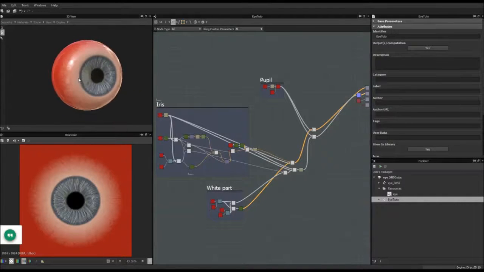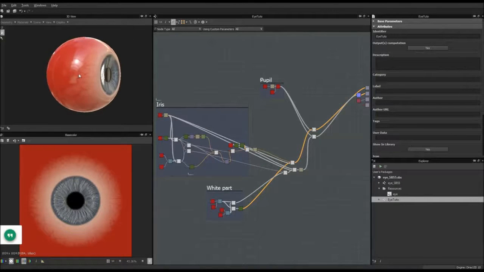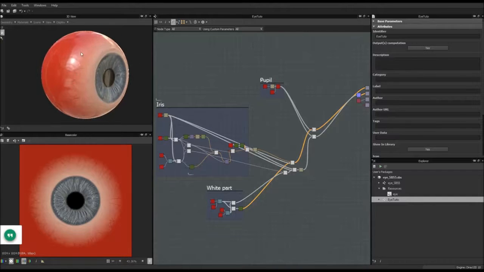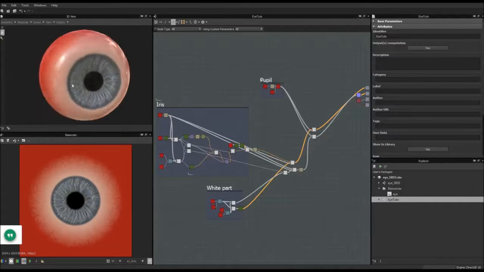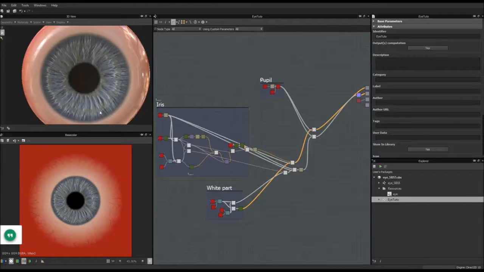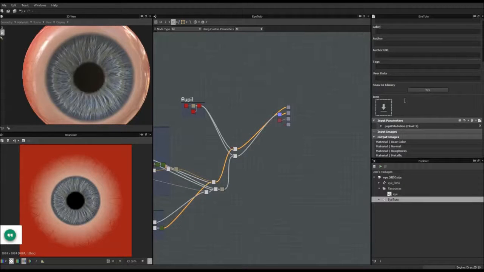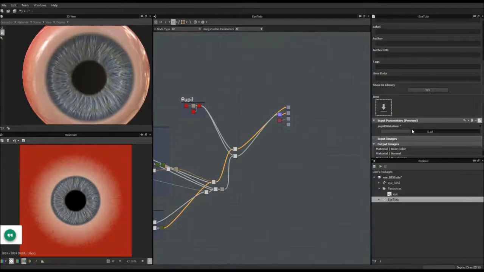Anyway, so in the previous video what we have done is making this eye texture. Basically the first video was dedicated to the sclera, which is the white part with the veins and the blood. The second and third videos were dedicated to the iris here, and the ultimate video was dedicated to the pupil and the pupil animation, meaning right now we have something like this, which allows us not only to change the